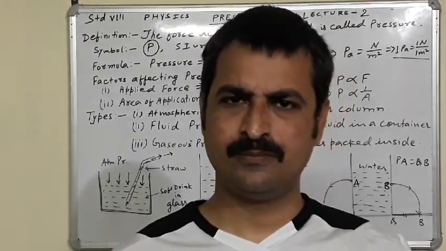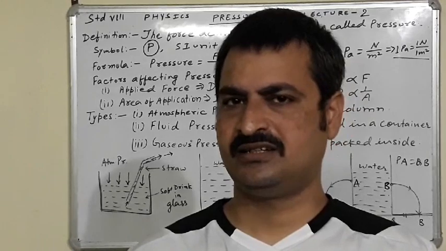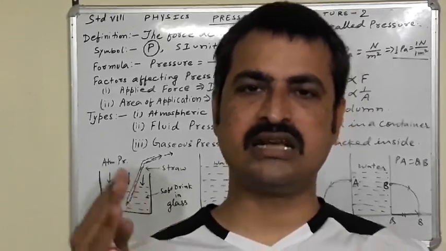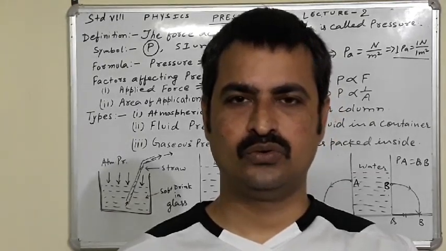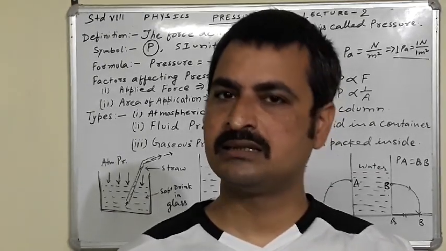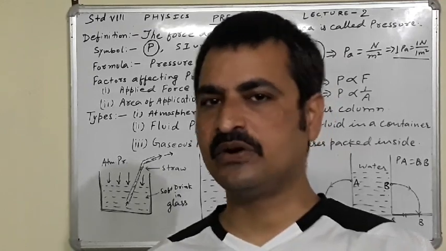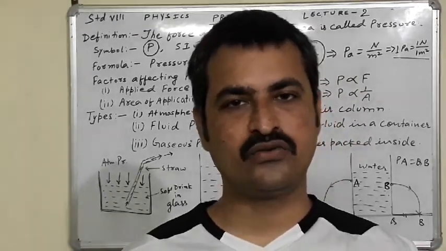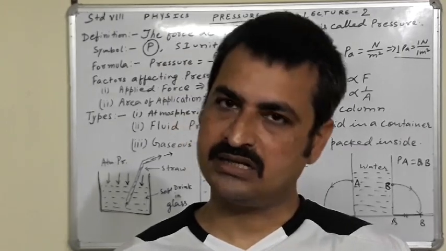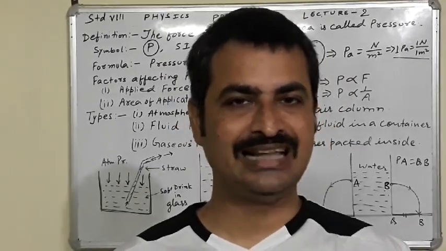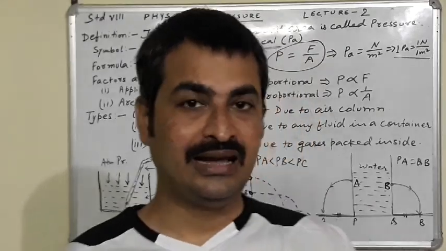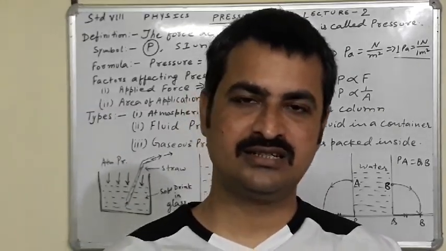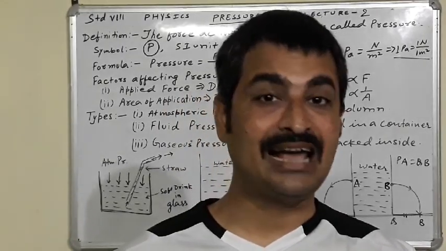Just think on it. Load is fixed. Truck is loaded and sealed. It has to travel. So, pressure must be less. Area of contact between road and wheel will be more. Area of contact will be more, then pressure will decrease. Less pressure. On the other hand, if area of contact is less, just observe a knife.